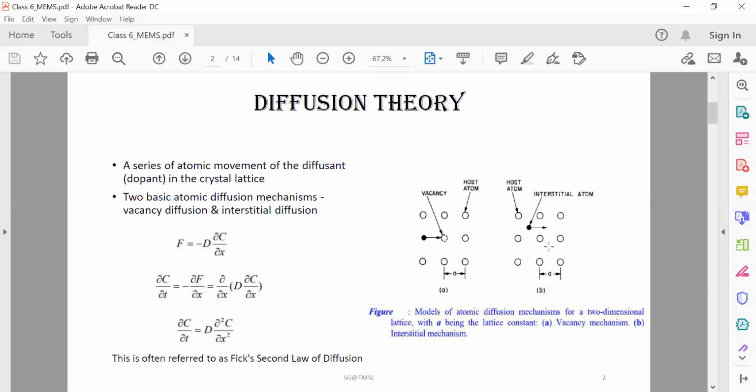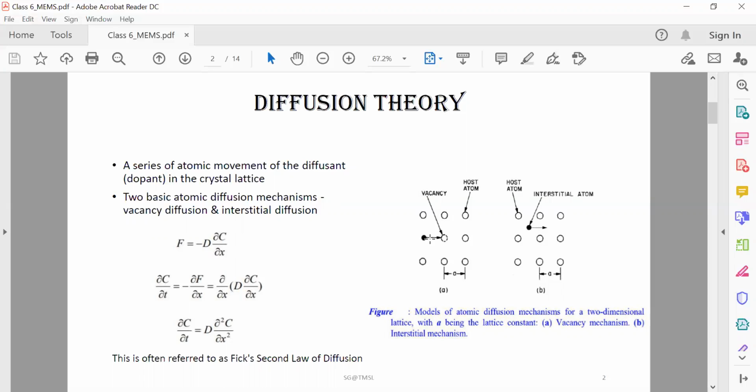Here the open circles represent the host atoms occupying the equilibrium lattice positions, and the solid dots